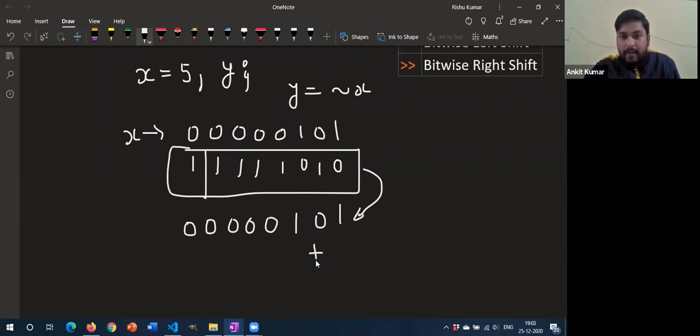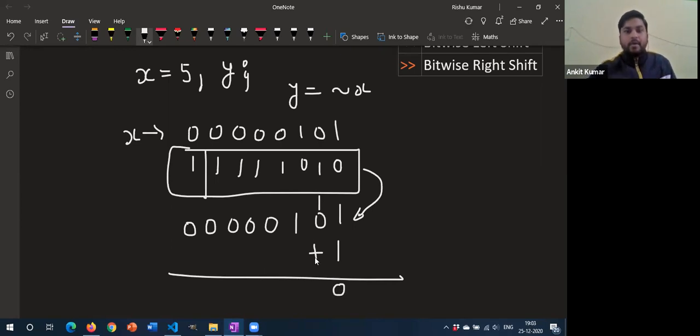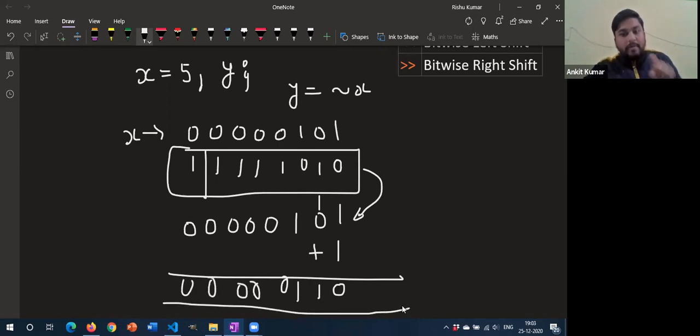So in order to know the magnitude of that number, we'll add 1 to the very first bit. So 1 plus 1 will become what? 2. But in binary, we don't have any character to represent 2. So we will write 0 and 1 is carried. Okay. Now 1 plus 0 will get you what? 1. Here we have nothing, so we'll get 1. And all the remaining zeros will come as it is. Okay. So when you do the complement second time, that will tell you the magnitude of your answer. So your answer is what?